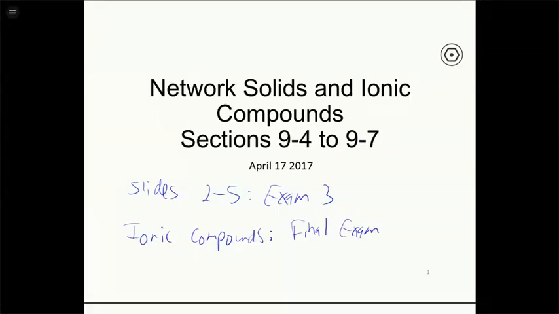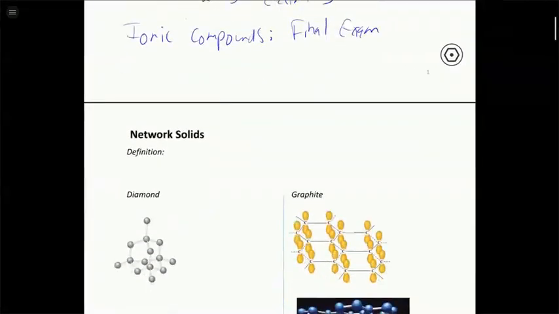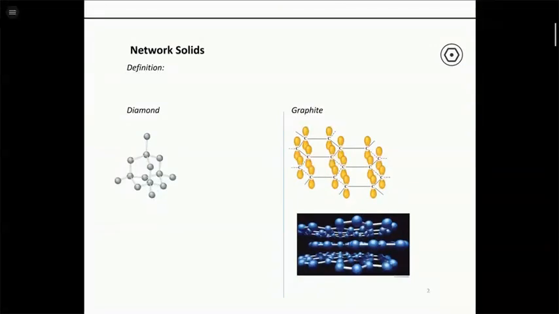So last time we talked about metallic solids. We previously discussed the bonding in metallic compounds, which is that delocalized sea of electron model that we discussed. And then last time we also, in more detail, talked about the structure of metals, the different cubic and hexagonal structures that they can take on. So what we're going to talk about today are the two other kinds of solid compounds, network solids and ionic compounds. The first one, we're not going to really talk in detail about the structures, but we want to know the definition and then some properties of their electronic structure, which is the arrangement of the electrons in these compounds.